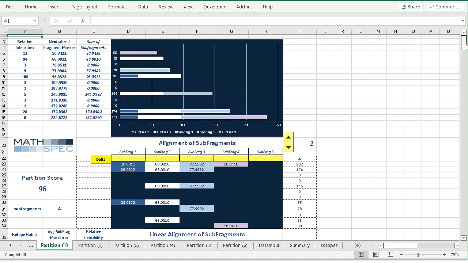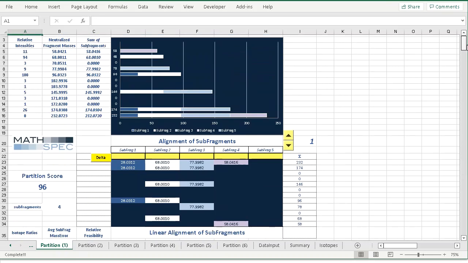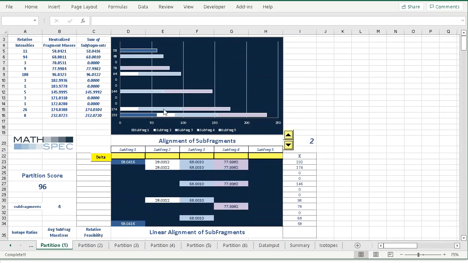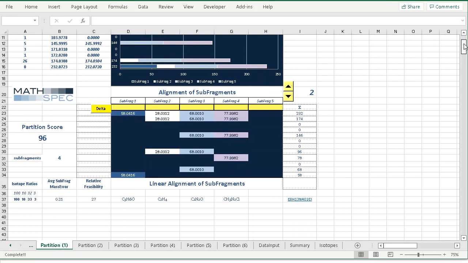The next thing we can look at, so the upper part shows that with this particular alignment, this was linear. This is the arrangement of these subfragments. Now they could be arranged in a different way, still linear. And the size of these pieces up here is directly proportional to the mass. If we go and look at the lower graph,